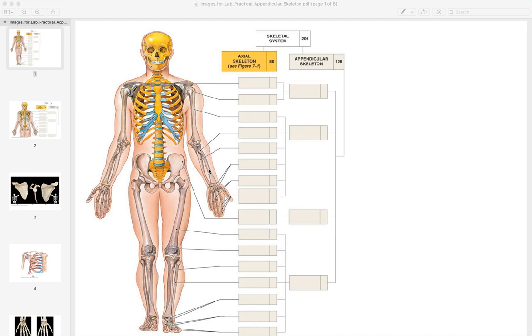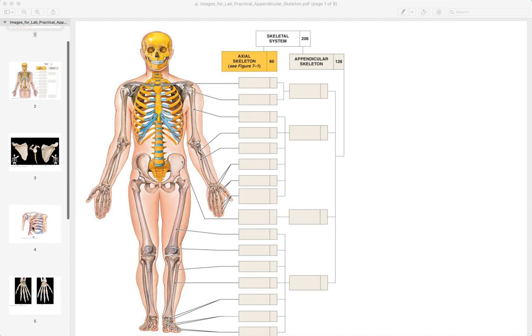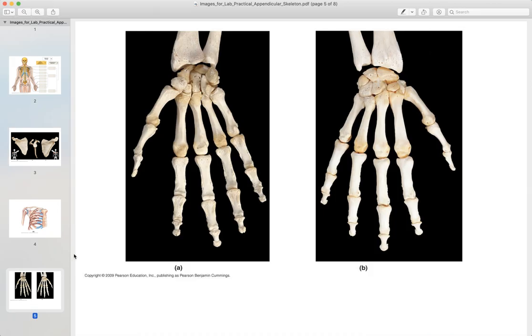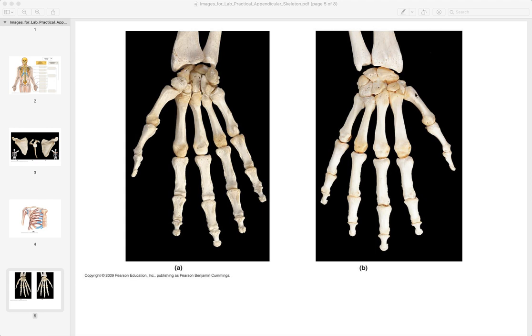So the carpus, which is the wrist down here, is made up of 8 small bones. And there's a better picture down here. Okay, so now we're going to look at these 8 small bones. So we'll start here. This one is the scaphoid, and then this is the lunate,